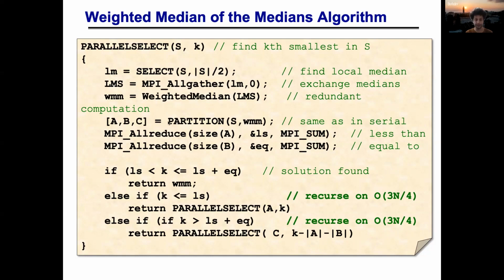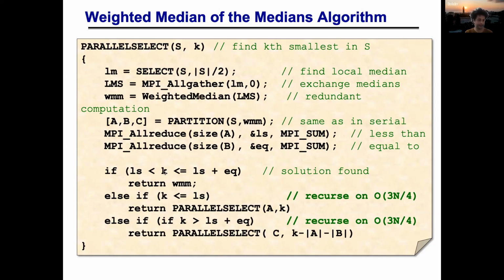And then since we redundantly computed the weighted median of medians, we don't need to rebroadcast. Everybody can partition their local data serially, or any single node parallelization is fine here, to the same sets A, B, C, which are the data that's smaller than the weighted median, equal to, or larger than. And at which point we figure out the cardinality of these sets. We either find the solution we're looking for, meaning the kth element in the list is in the range,